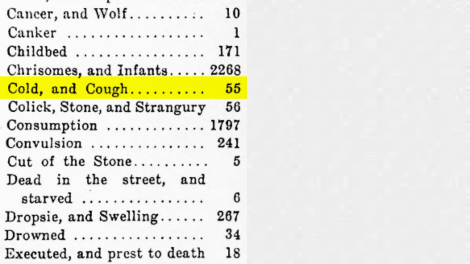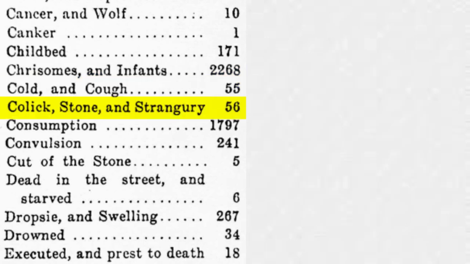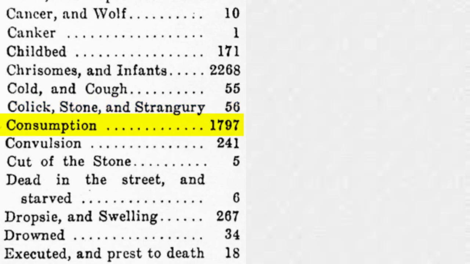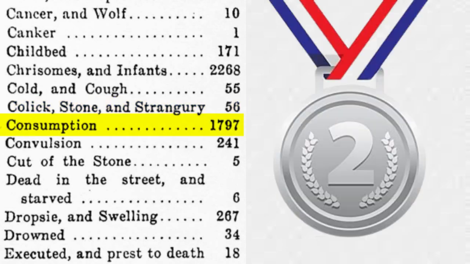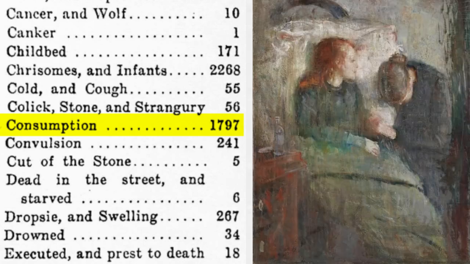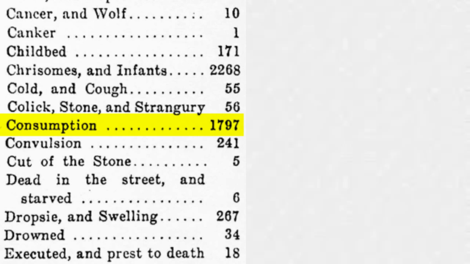The common cold killed 55, and colic, stone, and strangury killed 56. Colic, stone, and strangury are other words for severe abdominal pains and kidney stones. Next up, we have consumption, which is the second biggest killer on the list, with 1,797 deaths. Consumption is the old name for tuberculosis, which is a coughing disease that would sometimes wear down and, quote, consume